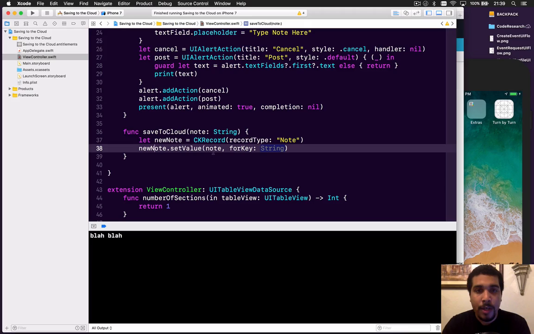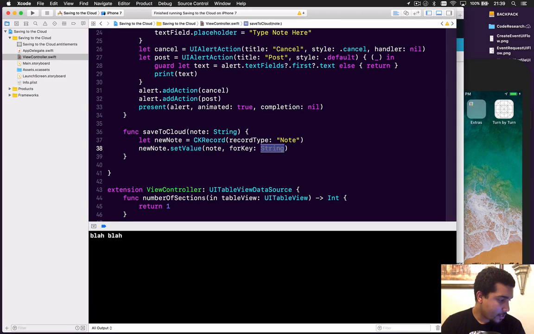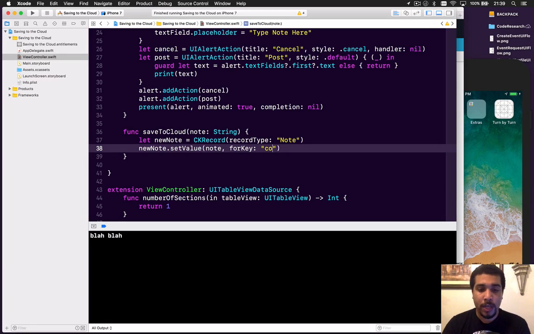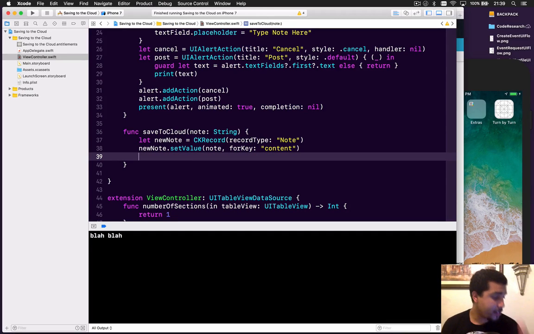We don't want to have any overloading or any weird errors going on. So we'll have new note, and then we'll pass in our note, which is that string right here, for key. The key that we're going to save it as is, we'll just call it content. You can call it whatever you want. You just have to remember that you're going to be referencing this. So make sure you choose a key that you would remember. You could call it payload, response, data, whatever you want to call it. Okay, from there,